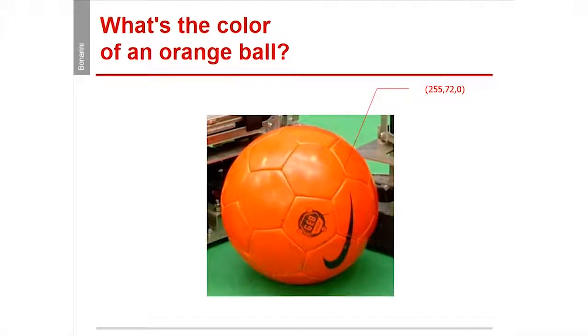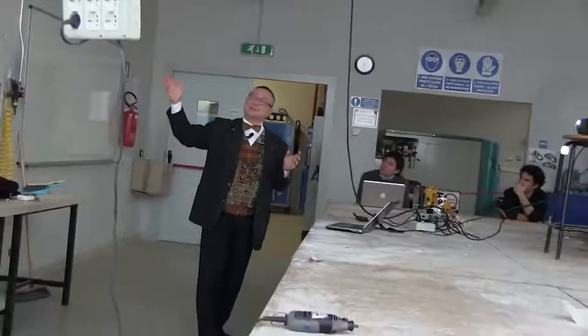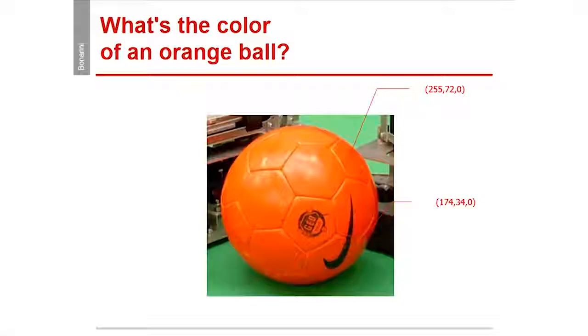For instance, this is an orange ball. If we take a pixel, an element of this image, that pixel is identified by a lot of red. 255 is the maximum value for this intensity. A lot of red, some green, and no blue. The green possibly comes from the reflection of the field that is around, so this is green. Then this is a little bit darker, but the proportion is more or less the same. This is a little bit more